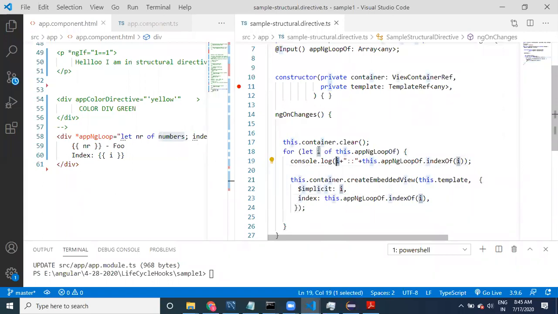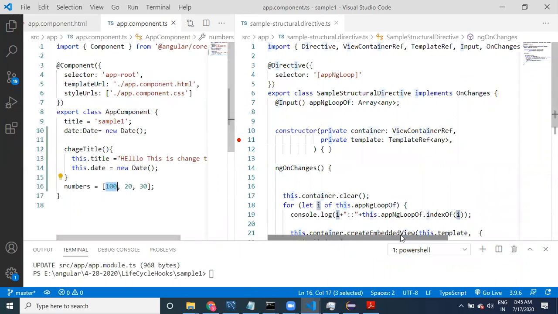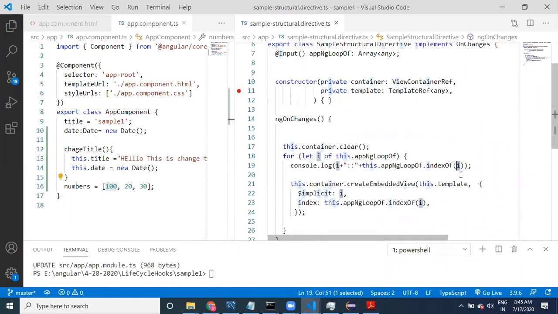Right, now we are taking value and index of, means index of 100. Yeah, the first value is 100, right? We are providing 100. Index of 100 is 0. Okay, we have taken index of 0. I is the value. It takes the value and it gives the index.